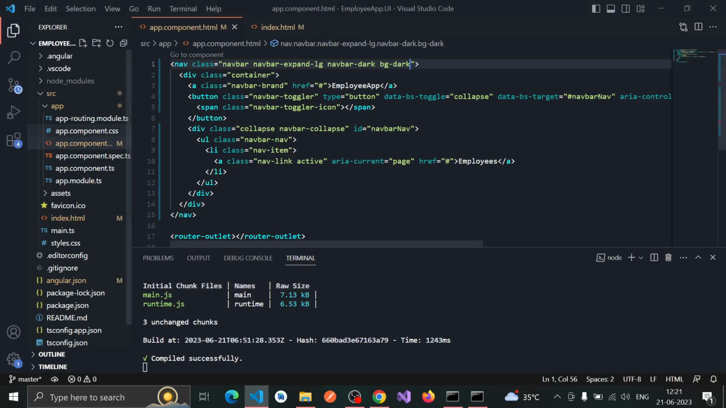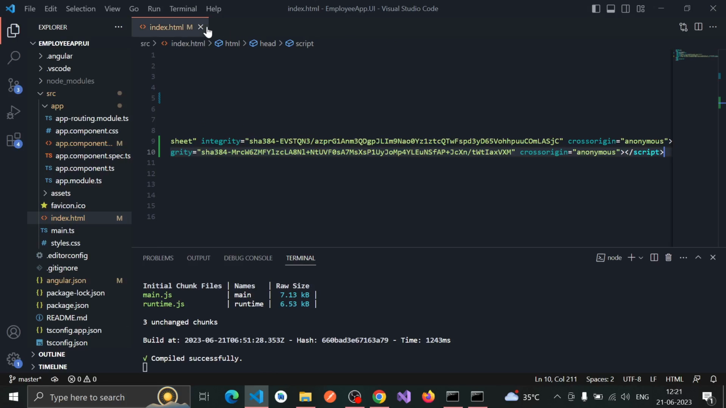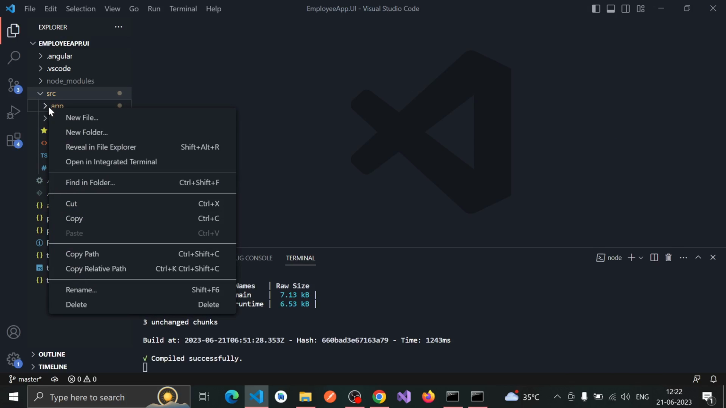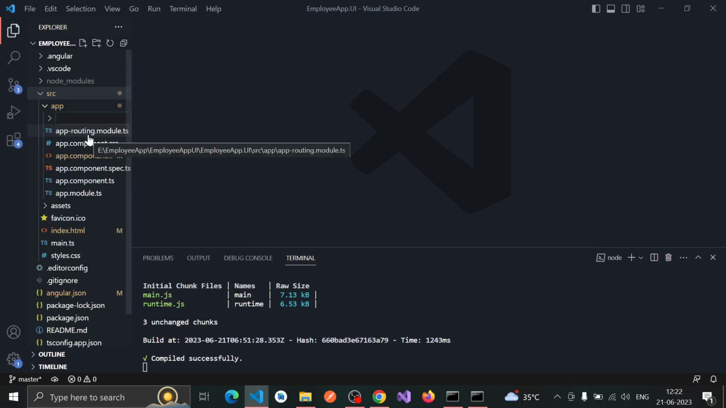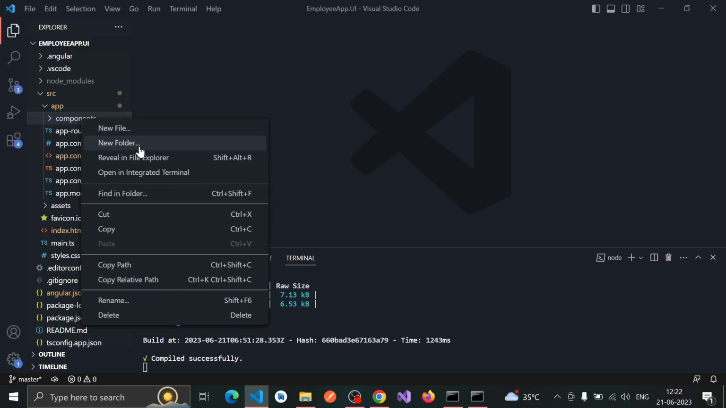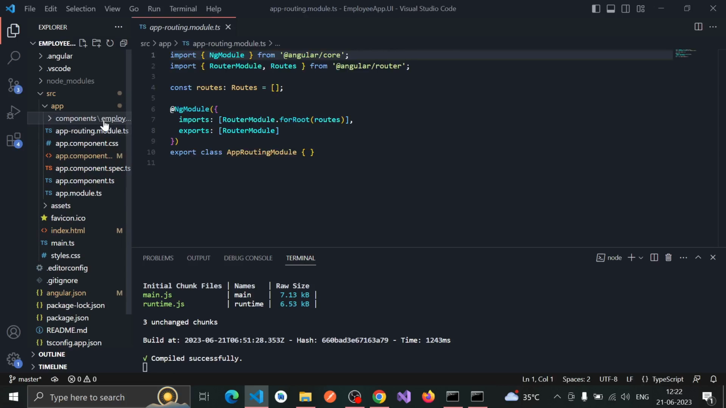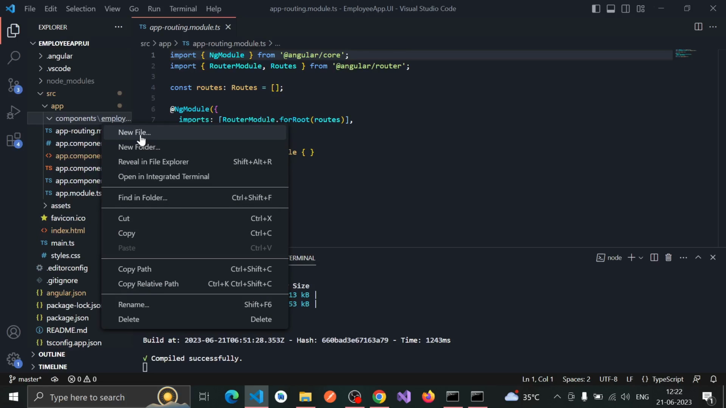Now let's go to the application, close all these tabs, this as well. Yeah. Now go to app and create a new folder. The name of the folder would be components, and inside components I need to create one another folder that is employees. That is also done. Now inside employees I need to create one file,